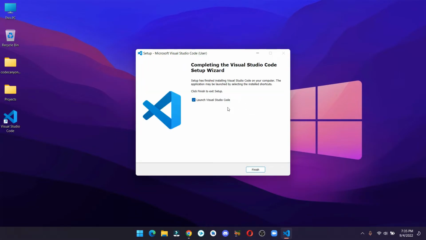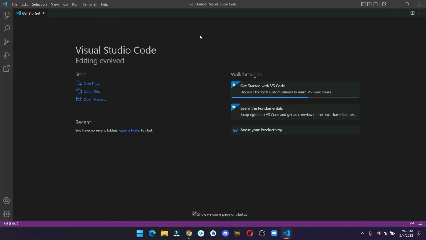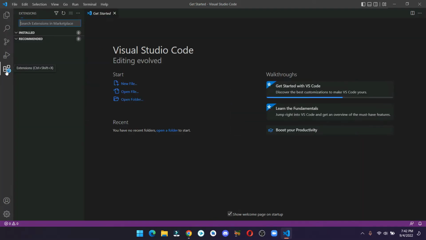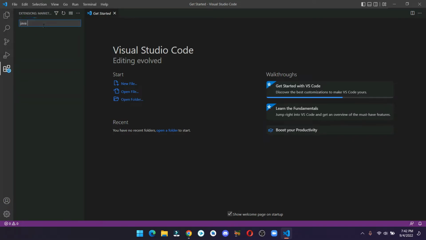We also have to install the Java extension pack in order to write the code in Java, so launch the IDE. On the left hand side, click on the extensions and search for the Java extension pack.